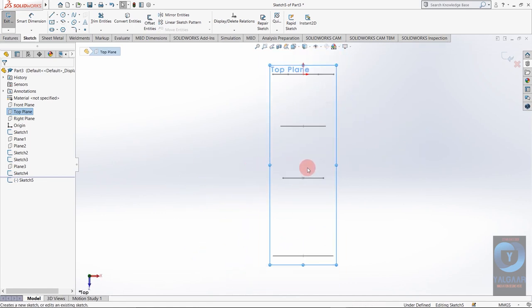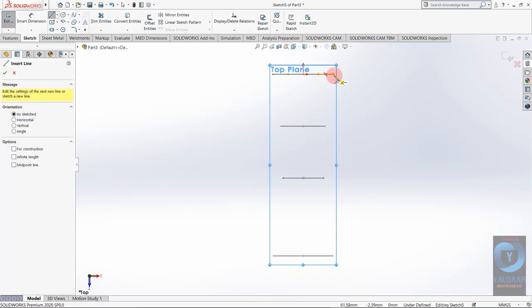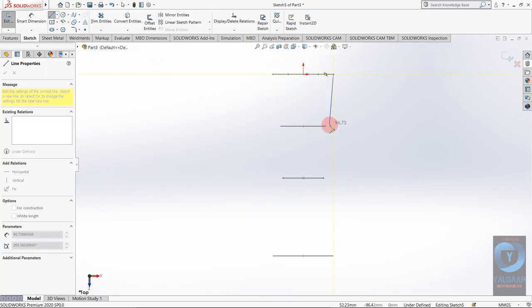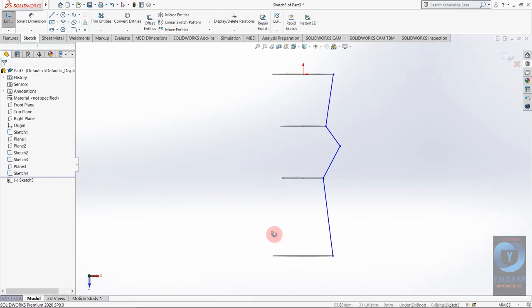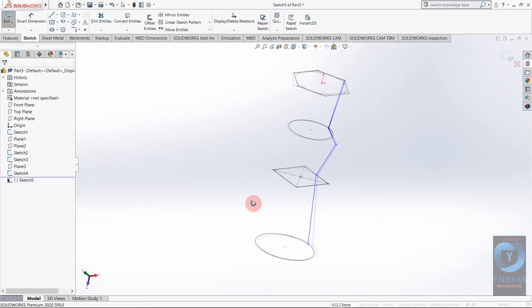Control 8 for normal view. I'm just going to connect these points. As you can see, these points are coincident with this profile, but they are not pierced.